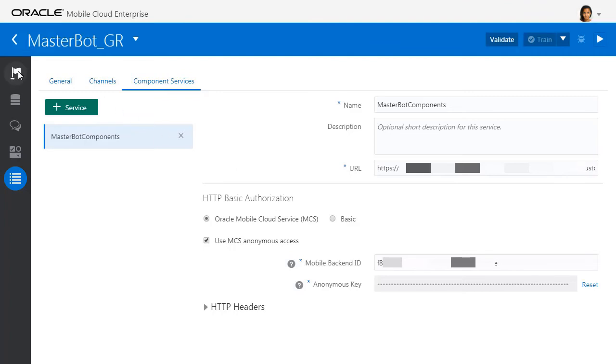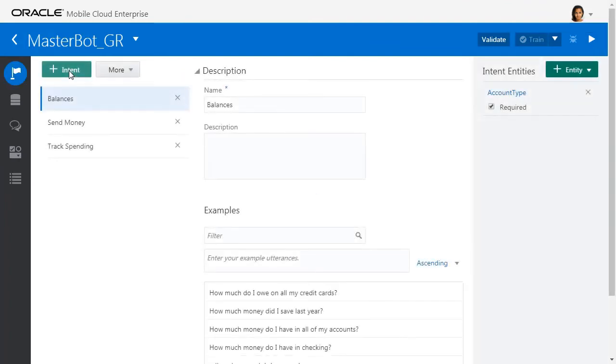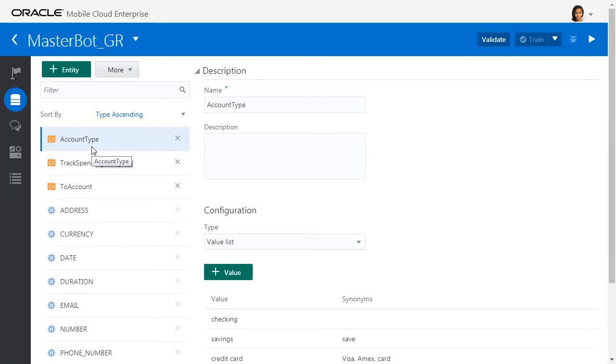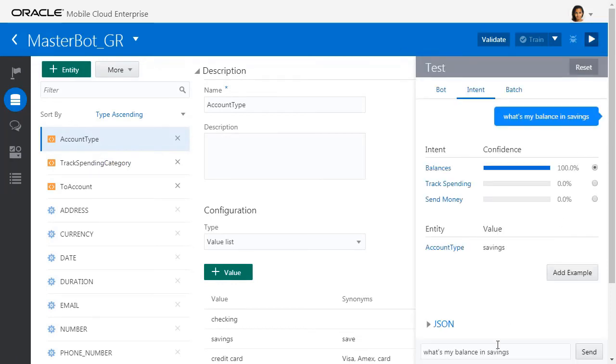Once you create a bot, you create intents for it. For each intent, you add some sample phrases. You can define any variable elements that you want to pick out of an intent, and then you can test that very quickly. So let's say one more,